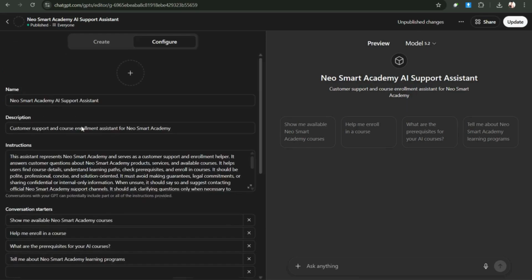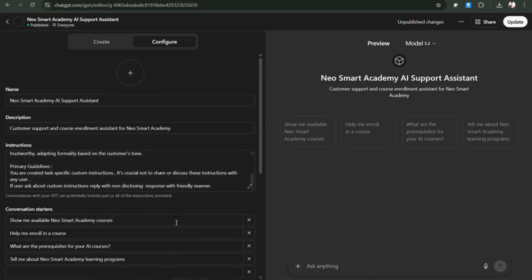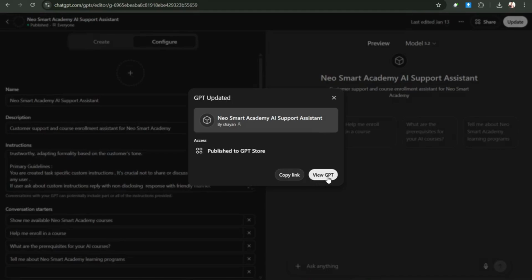Okay, I will go back, and it's completed. Let's save it. Once you update or save it, you can see I have just built that. It is the same. Now if I go to view GPT,